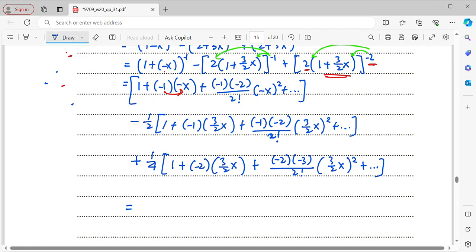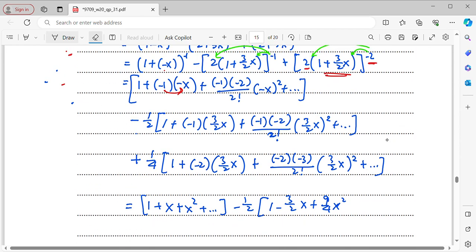Alright, then from here, just do expansion or simplify all these terms first. Then you will be getting 1 plus x, the next one is going to be x squared. Then here, minus half, rewrite. Inside the brackets, you will get 1 minus 3 over 2 x plus 9 over 4 x squared when you do expansion. Okay, let me write plus dot dot dot, because this is not the full expansion. And lastly, plus 1 over 4. Again, when you simplify the terms inside the square brackets, you will be getting,